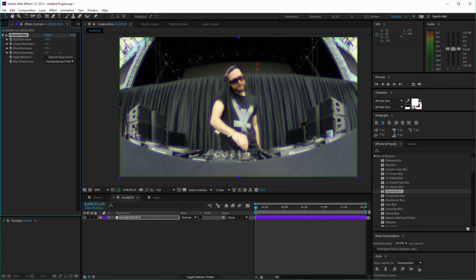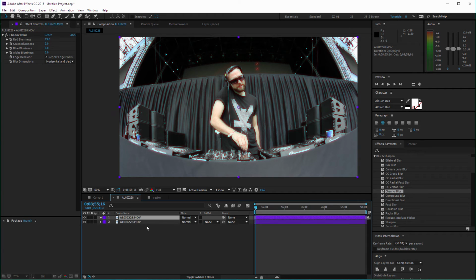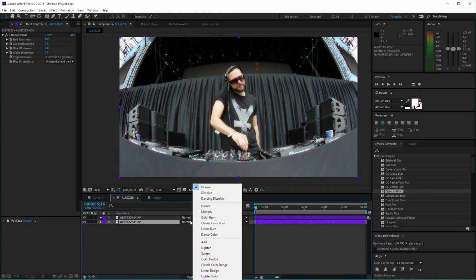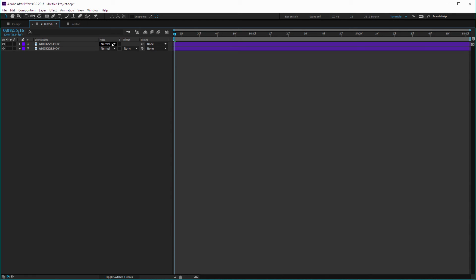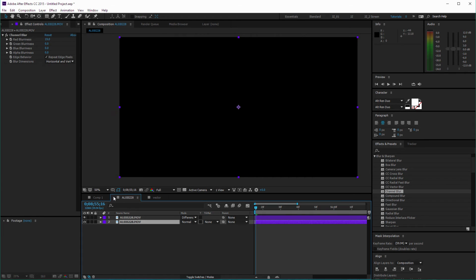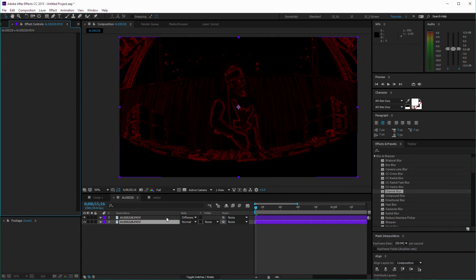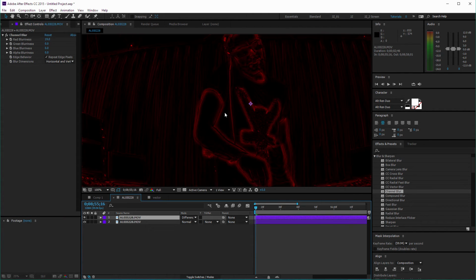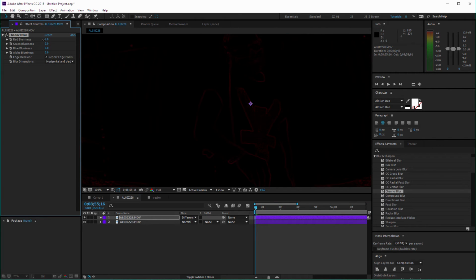As you can see here, this in itself is a trippy look, and you can get some really interesting effects just by messing about with these. But the way I would use this is creatively. If I duplicate this and change this to something like the difference blend mode, and on the bottom one I change the channel, that way this allows us to isolate the red channel, and then I could pre-comp these two together